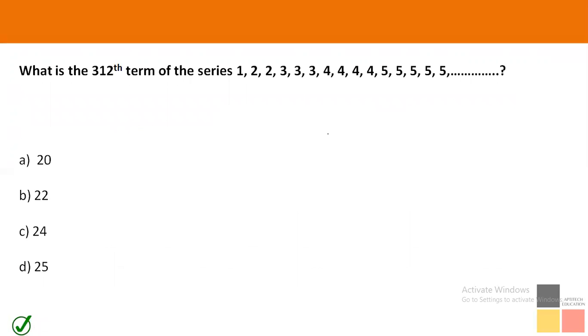What is the 312th term of the series 1, 2, 2, 3, 3, 3, 4, 4, 4, and up to 5, 5, 5, 5, and this will go on? So I need the 312th term. Here 1 is the first term. Now the next term is 2 and it is going to be until the third term. So I will write this here as first term is 1. Next, until the third term